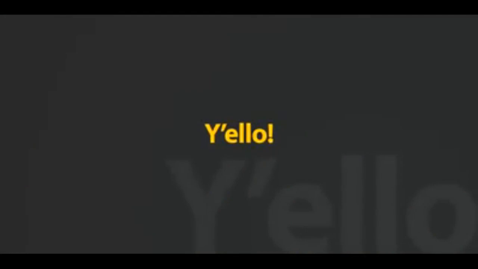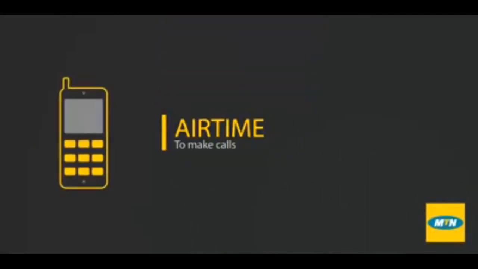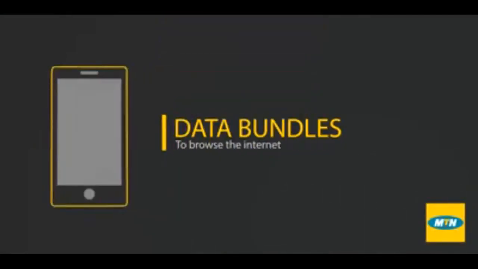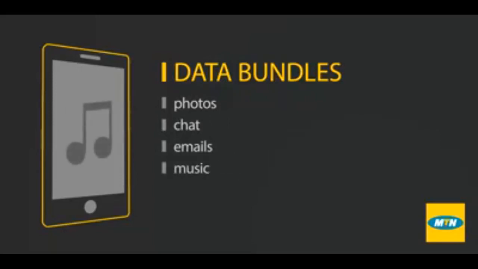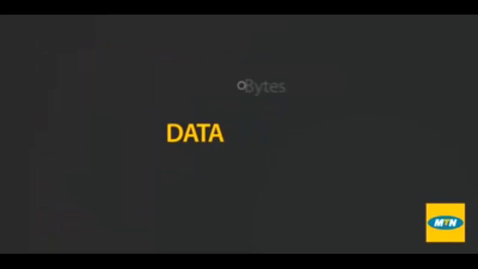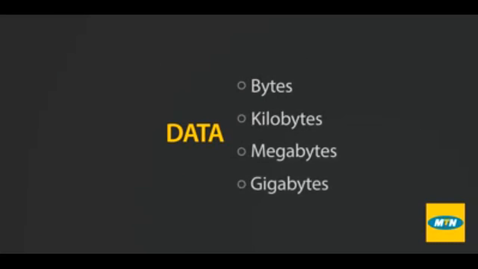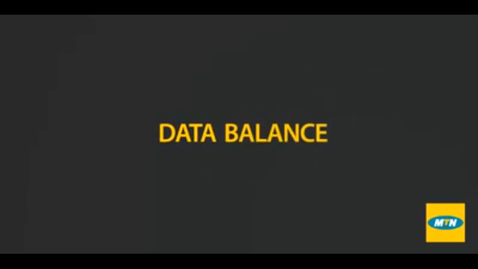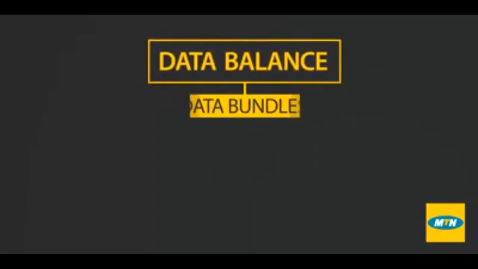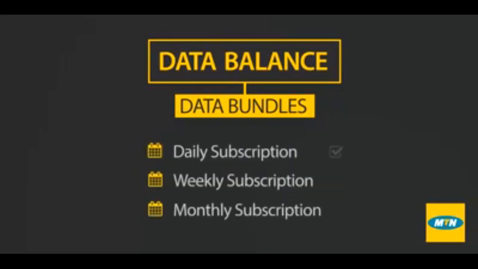Hello! This is all you need to know about data bundles. Like when you need airtime to make calls, you need data bundles to browse the internet, send and receive photos on Facebook, chat on WhatsApp, send emails, listen to music, and many other things. Data is measured in bytes, kilobytes, megabytes, and gigabytes. These are a bit like money, and just like your bank balance, your MTN account has a data balance that you can use to buy data bundles ranging from 5 megabytes to 20 gigabytes for daily, weekly, and monthly subscription. To buy a bundle, dial